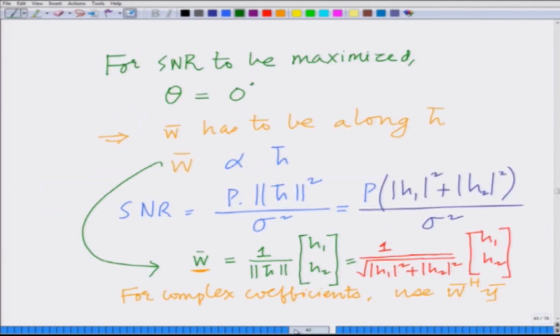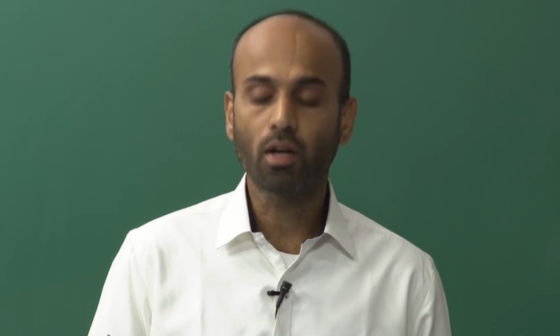Since this vector maximizes the SNR, the ratio of the signal power to the noise power, it is also known as the maximal ratio combiner. This vector w bar, which is h bar divided by norm h, which maximizes the SNR at the receiver, is also termed the maximal ratio combiner,